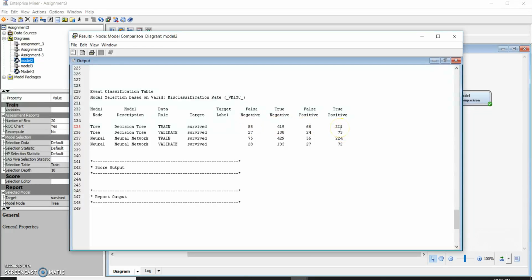Of the people who survived, how many did our model correctly predict to have survived, considering all the variables. And false negatives are for people who survived but our model predicted as not survived,